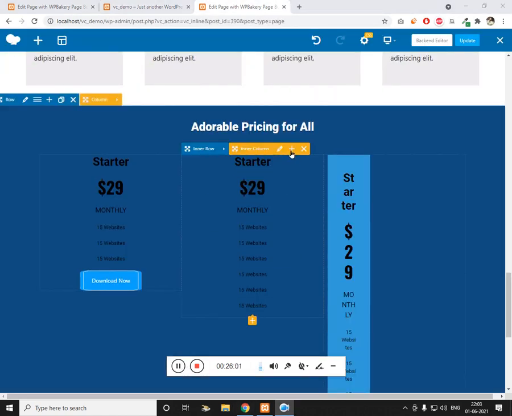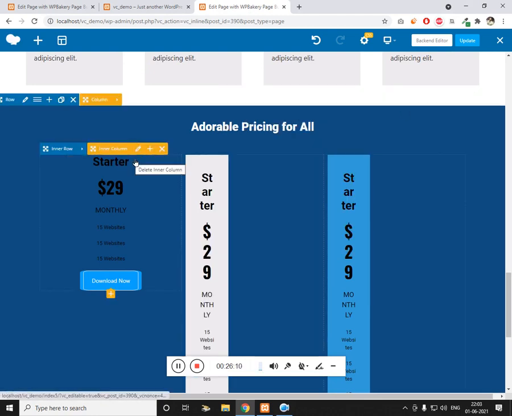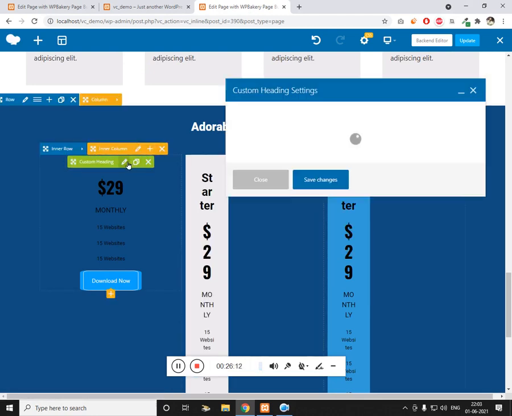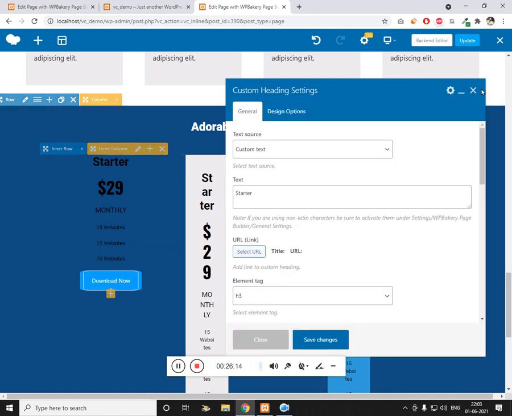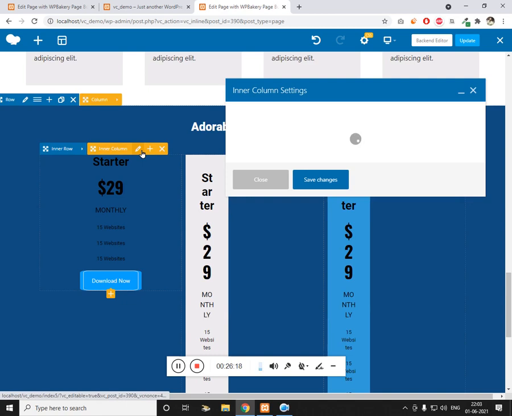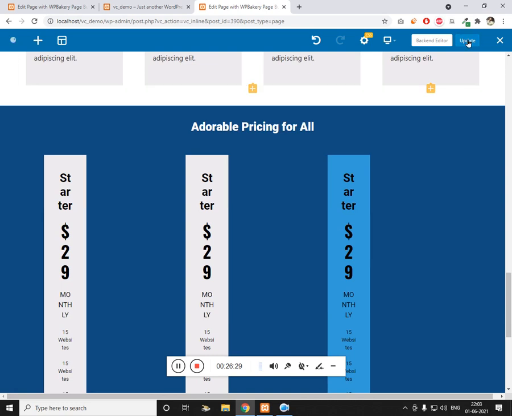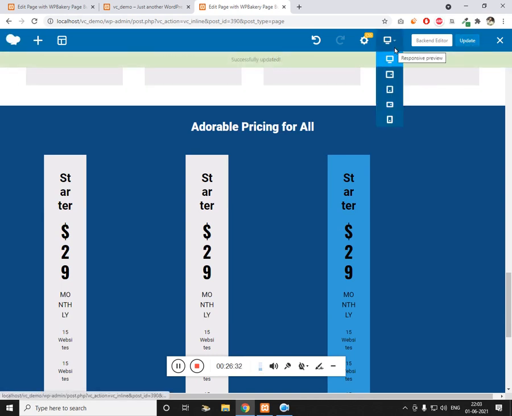So let me give the class to the column, and this class will just change the background color. And it modifies the HTML so that we can get the clear output on the screen. Let me save this and show you the preview.